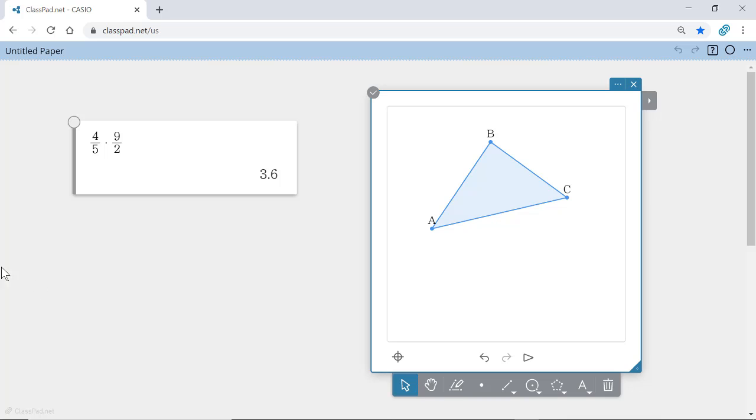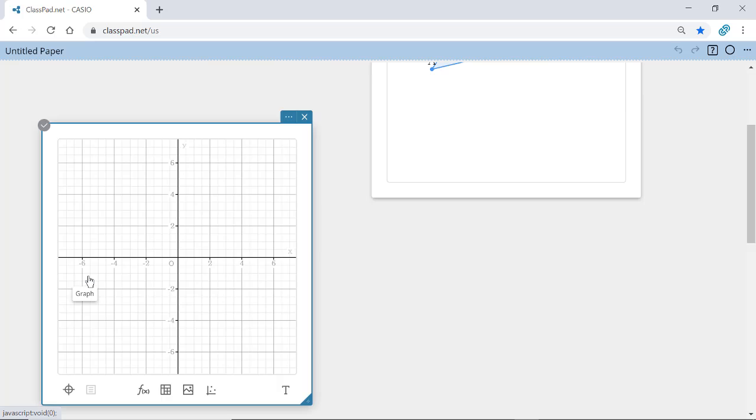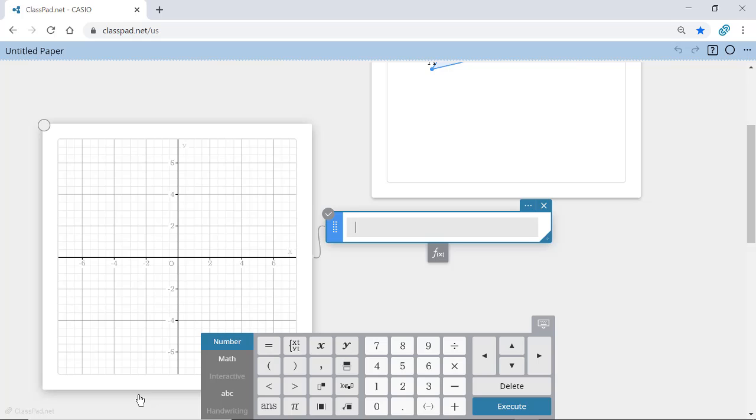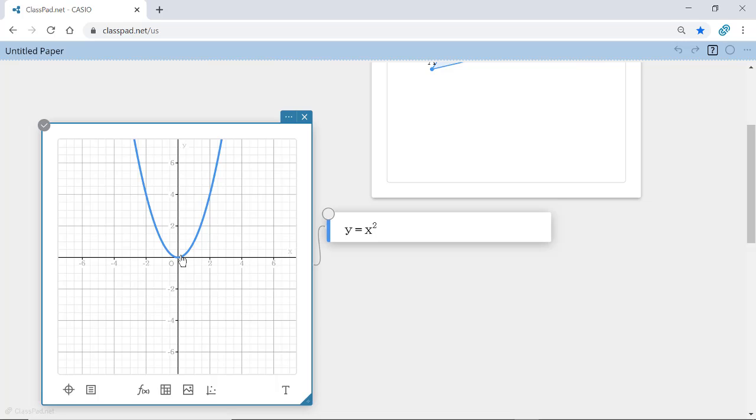So geometry. Well, let's say I want to do a graph. So now I click on another spot on the screen, hit the graph, and now a graph menu pops up, so I can now enter a graph. So when you get started, you can basically do whatever you want to do. This is the beauty of ClassPad.net. It does all the math in one place. So I'm doing a graph right here. And again, I could use my template, but I'm just typing with my computer. And there's my graph. And if I click on my graph, it will show me important points and the coordinates of those points.